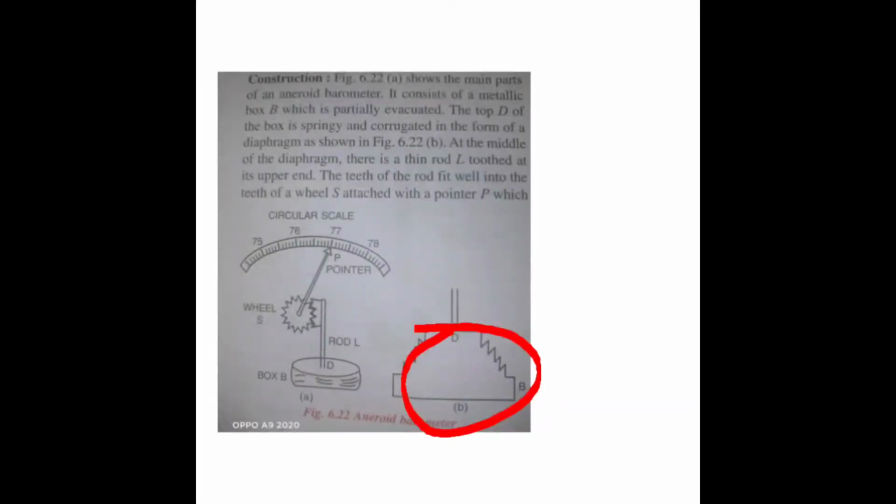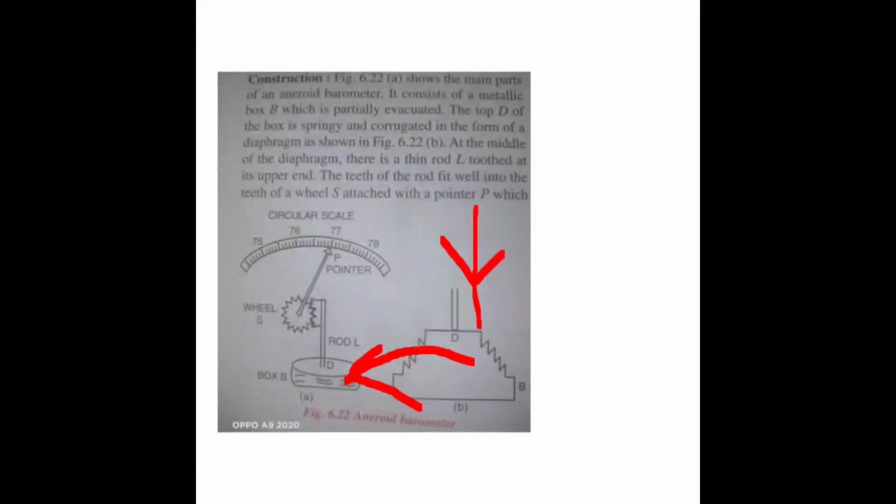This is a diaphragm. Diaphragm means it is a box, and the box is fitted with a lever or rod. Now when the atmospheric pressure is more, this rod will press the box, and the box will get squeezed. When the box gets squeezed, the rod will come down. As the rod moves down, the tip of the rod is connected with a wheel, so the wheel gets rotated, and further the wheel is connected with a rotor. So this will move the pointer, which gives the reading on the circular scale.